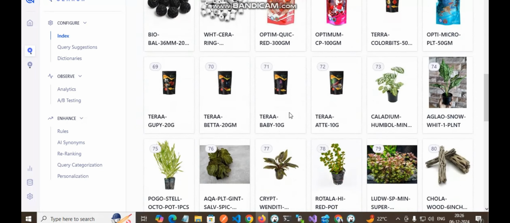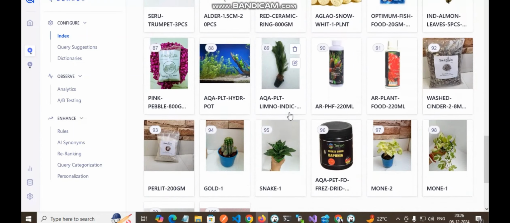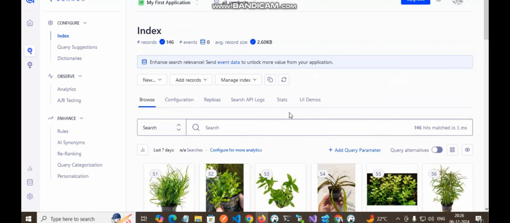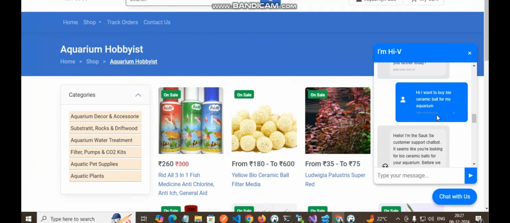So as you can see, all the products present in our dummy website are available here. First, whenever someone queries for a product, it first hits Algolia, because Algolia's response time is almost under a millisecond. If the product is not found, like sometimes what happens, people do really complex queries, like